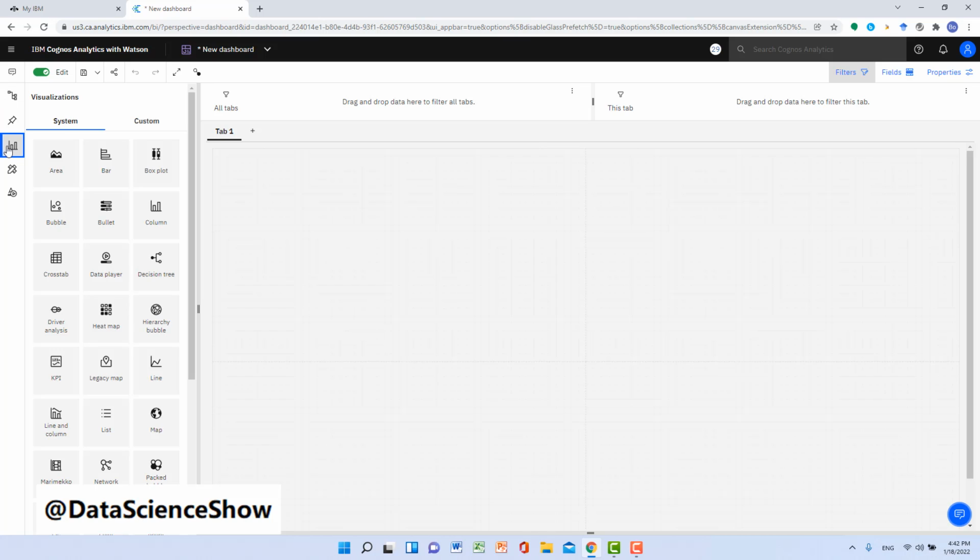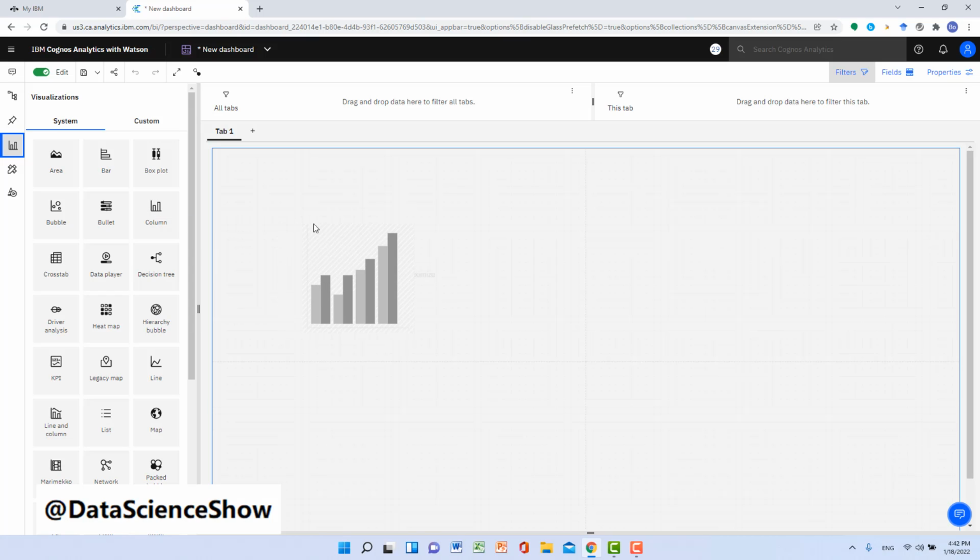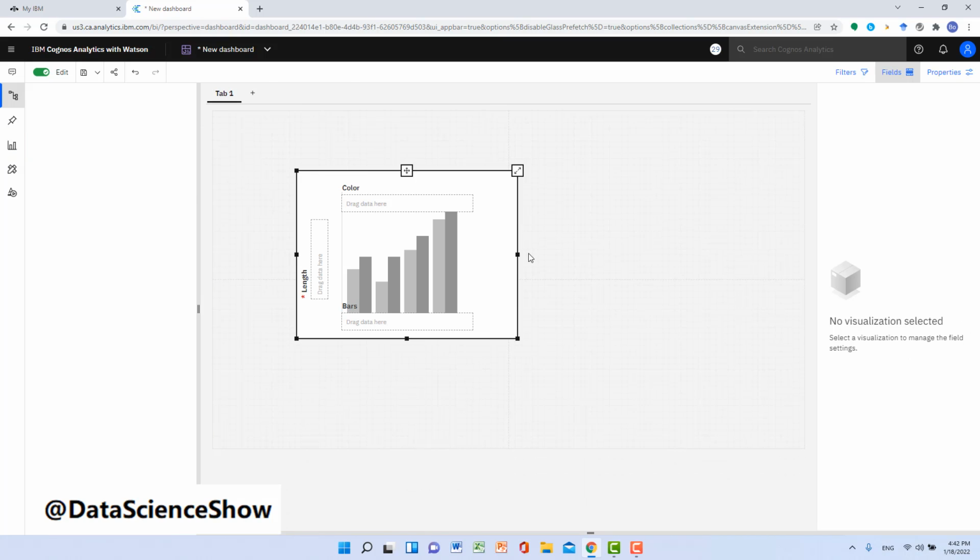Click on it. And then you can choose all kinds of visualization tools so that you can analyze data and then see the result immediately. For the first question, I want to see the total of losses in different regions. I want to use a column chart. So let's click and drag the column chart to one of the panels on the right.